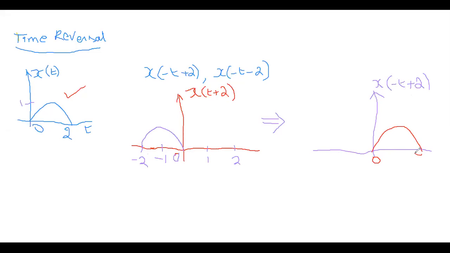Now see here. Now this is one more way to obtain x of minus t plus 2. Students, please respond. Any one of you, please respond. Do you understand what I am saying? Do you understand how we are going to get x of minus t plus 2 from x of t plus 2? If anyone is having any doubt, please raise your doubts also.